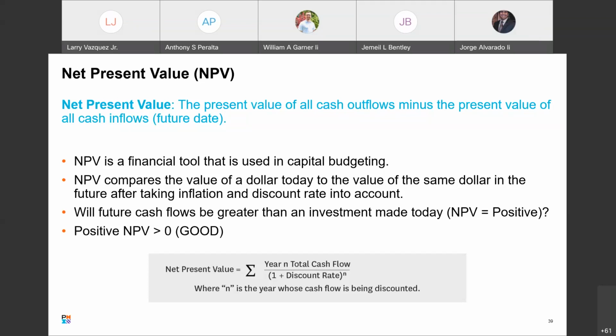What you're doing is taking the discount rate that is predefined, the company would define something, and you're working that out to say the net present value of that, based on today's dollars, is this. So they would be able to choose, as long as it's greater than 0, it's a profitable project. That's the important part. Greater than 0 is good.